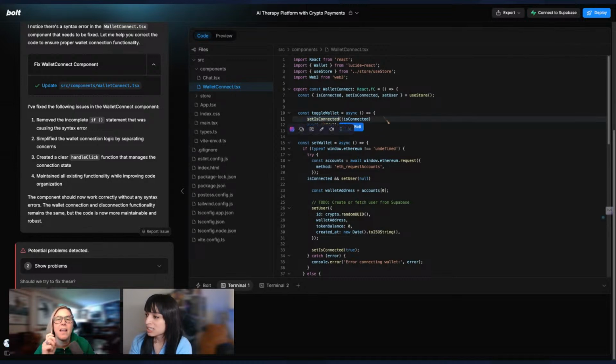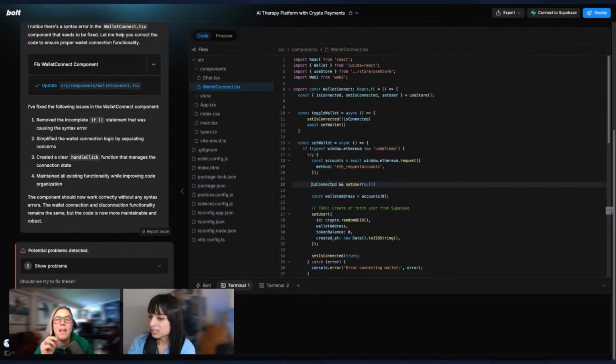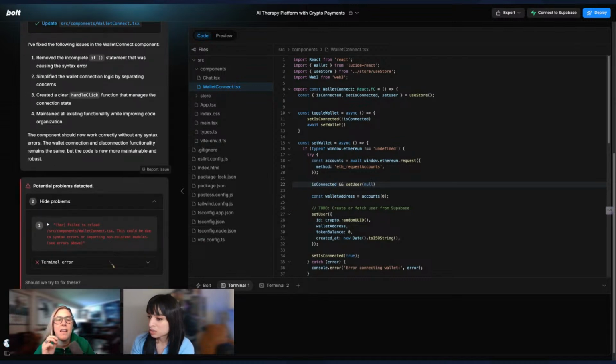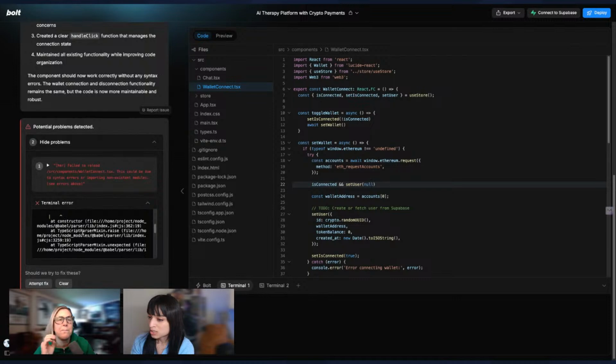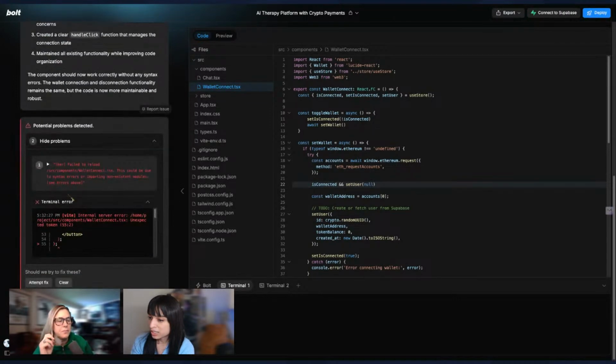So it will set is connected to the opposite, and then it will also always use this set wallet. And set wallet will go here and say, is it connected? If so, then it'll do that. Otherwise it won't. So let's see what the error says here. Let's not be scared of errors.